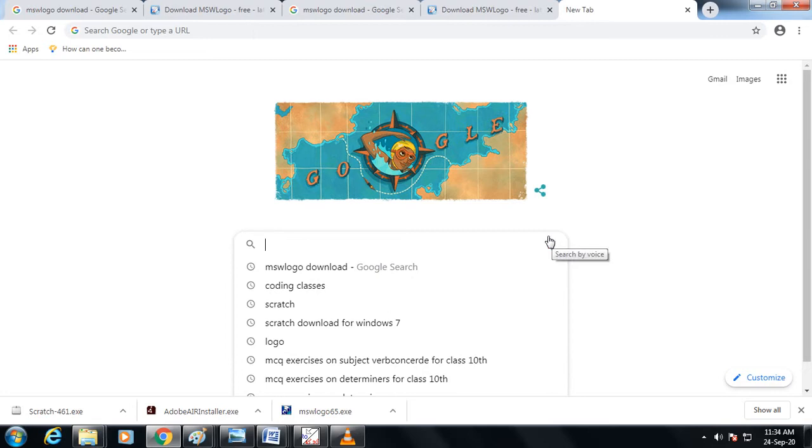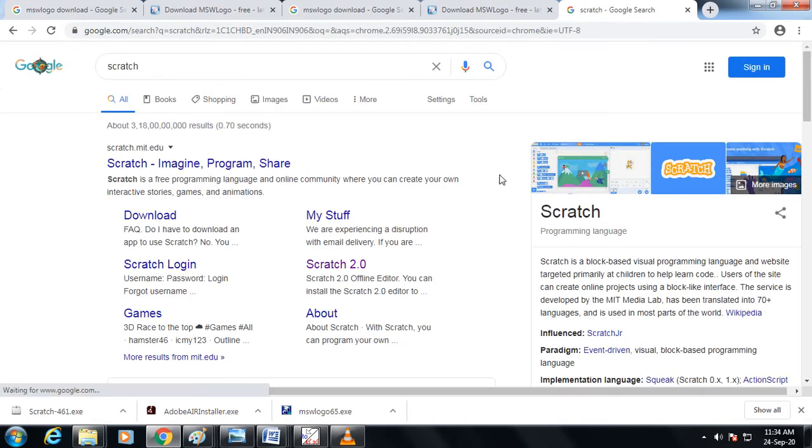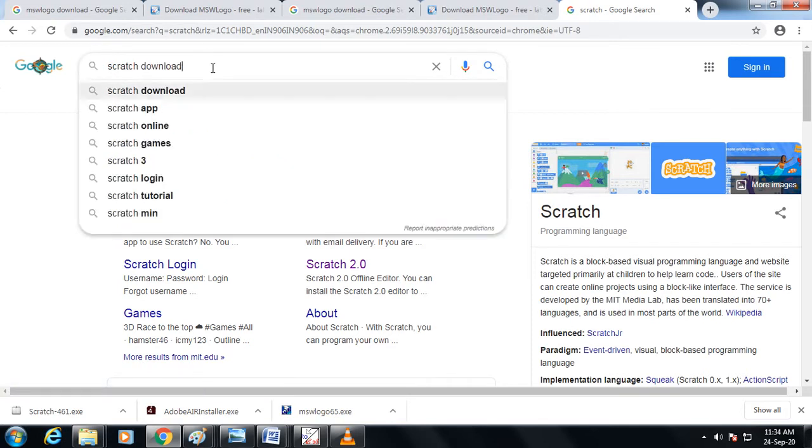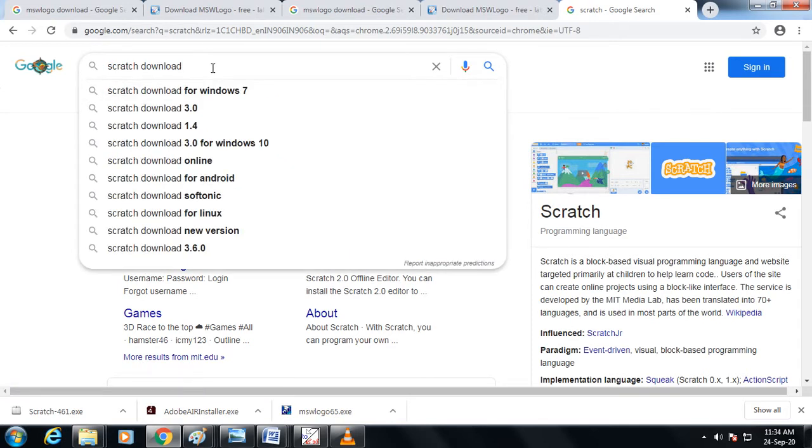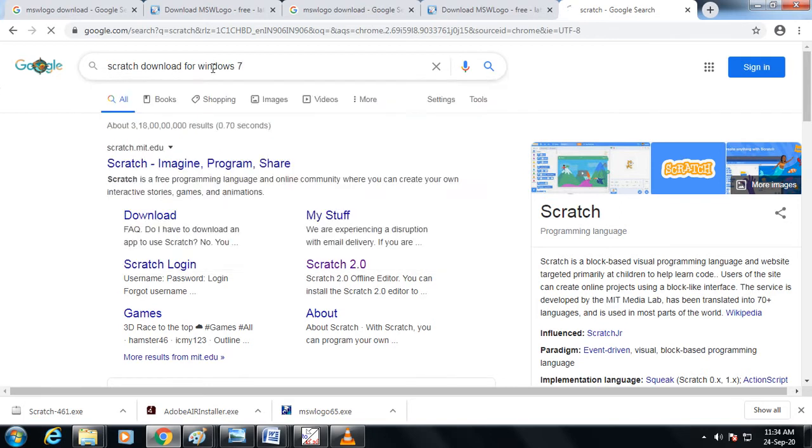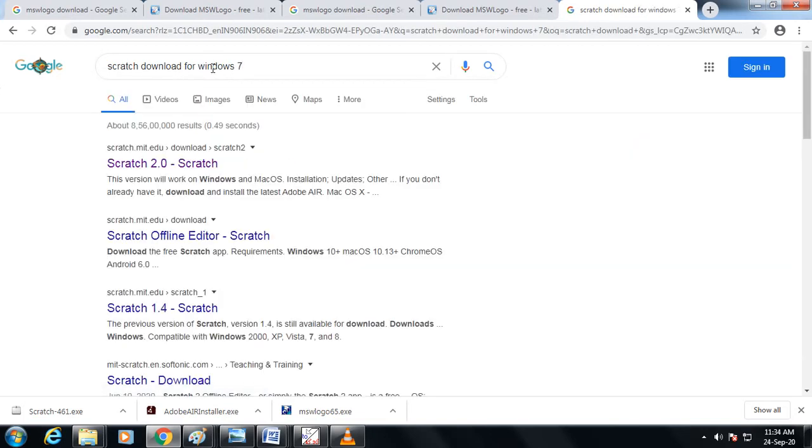Now you need to search Scratch download. Fine. For Windows 7 it will be better. If you have Windows 7 at your home, you can download the Scratch software, Scratch 2.0. Just click over here.